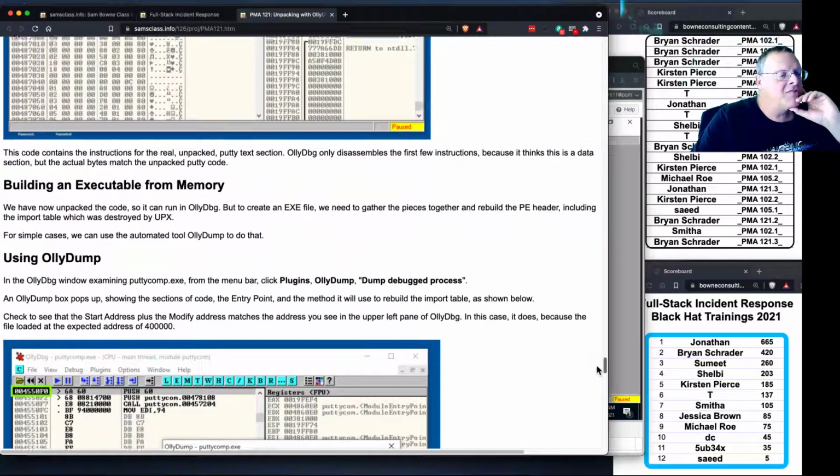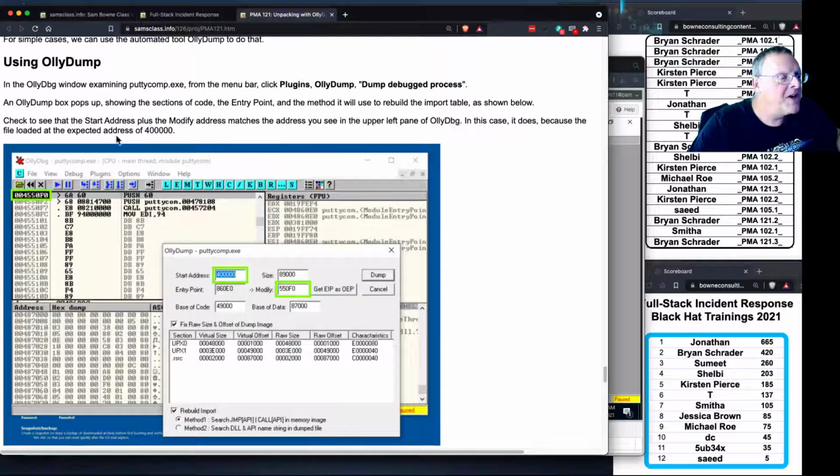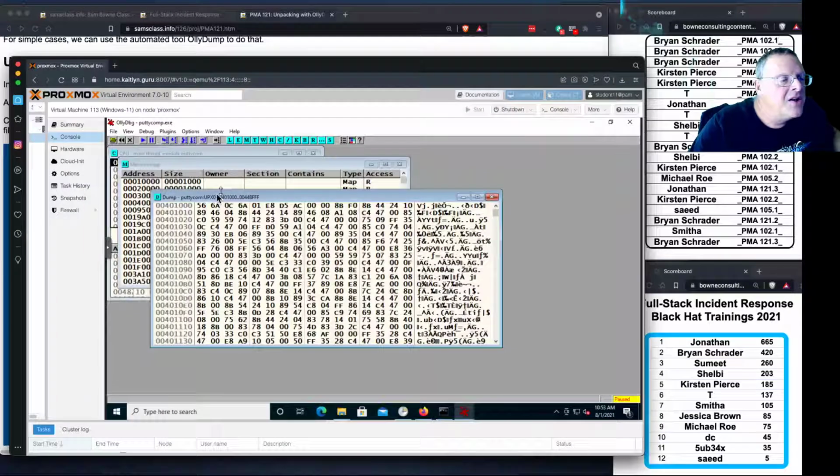There's an extension which I used here called Ollie dump, and you can use that, but I found out I don't really care about that so much, and I've gotten away from using Ollie dump because there isn't an equivalent unpacker extension for later debuggers like Immunity, and you don't really need it. All I want to do is find the strings. And you can just dump the memory section right inside the debugger. So if you go here, here's the unpacked code. I can just save this with right-click,